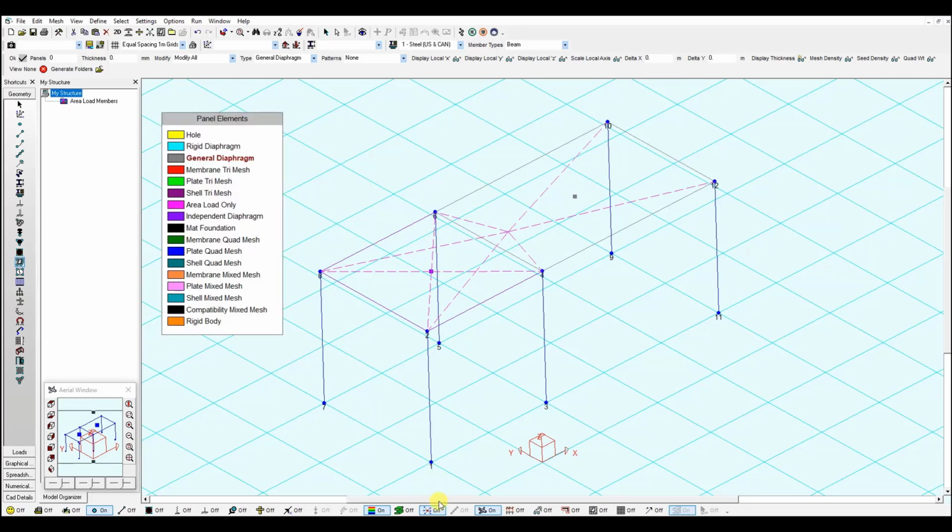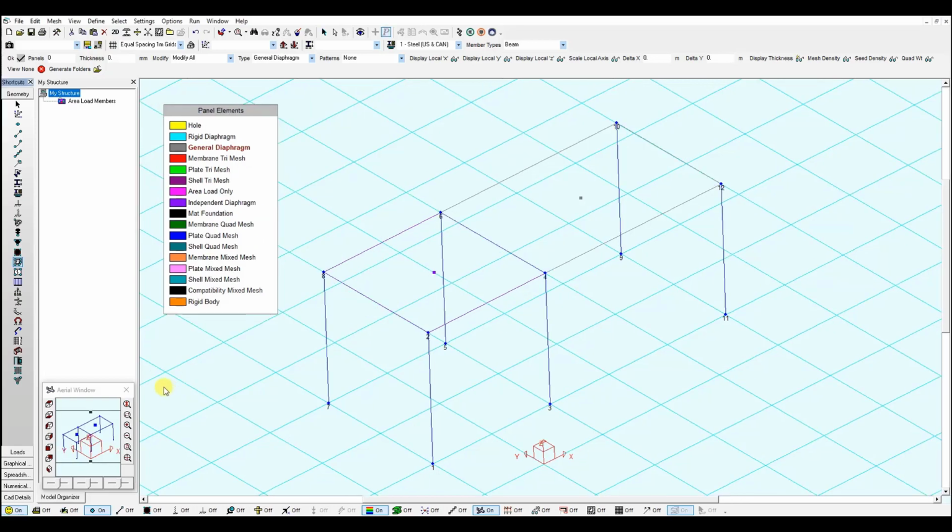In the same way, we have all these 2D elements. We call them panel 2D elements, which can be polygon shaped elements that can be used to define area loads, diaphragm elements like the ones we saw. Now let's proceed to the finite element types,